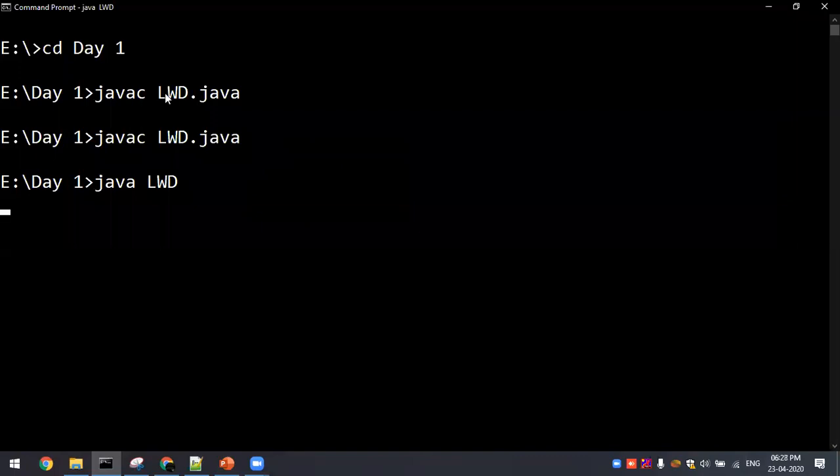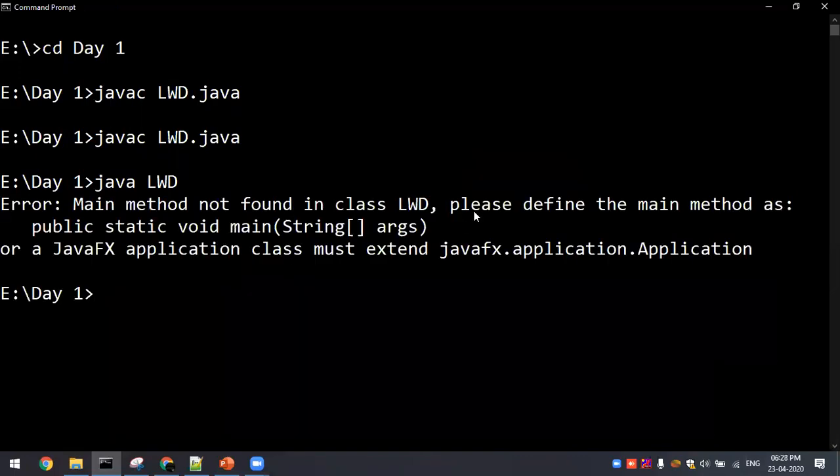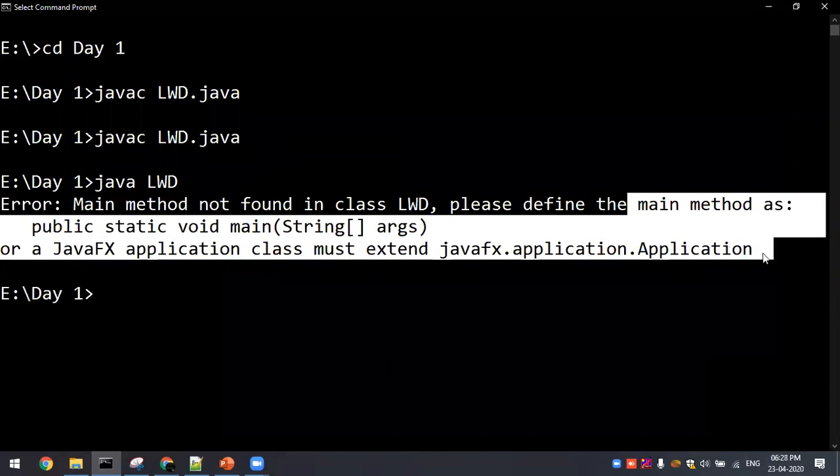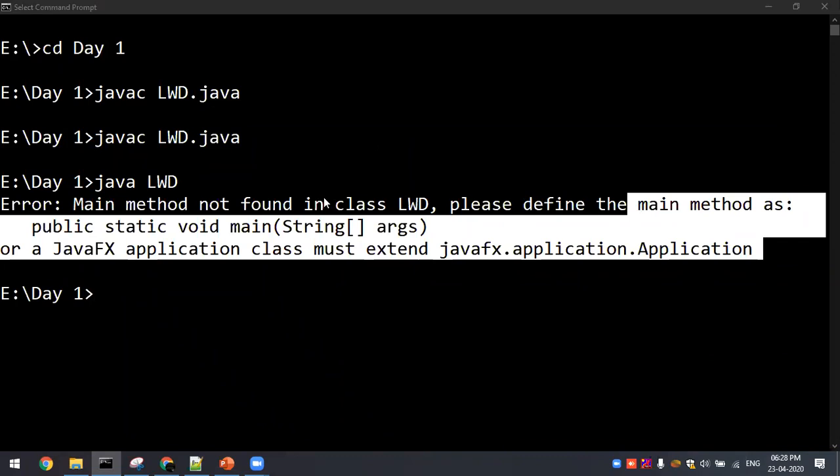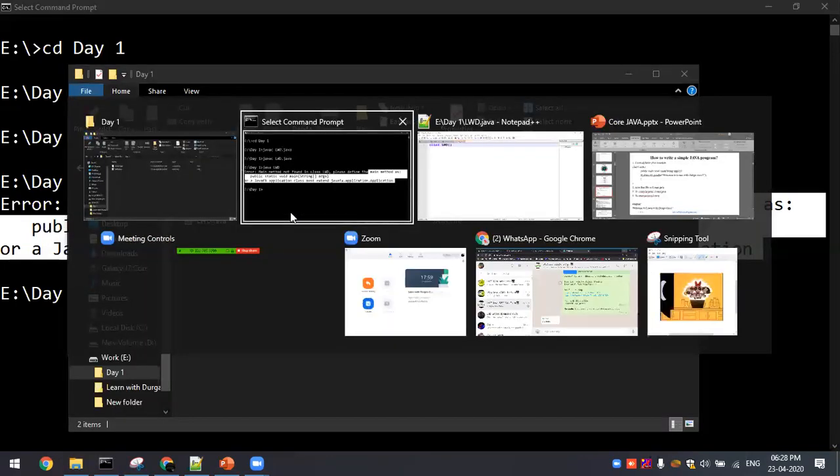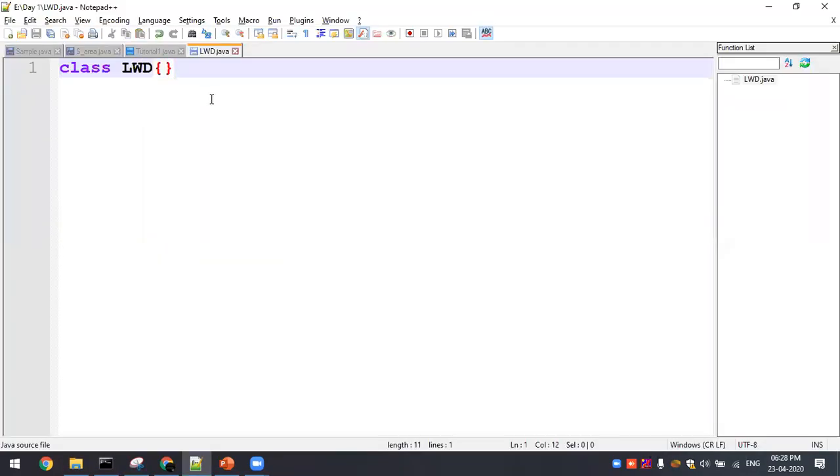What is that error? Main method not found. Listen, if you want to execute any program, you're supposed to go ahead with the main method execution. Now the main method itself is not there, so this is going to throw an error, main method not found. Okay, everybody clear? Yes. Now you got the idea.